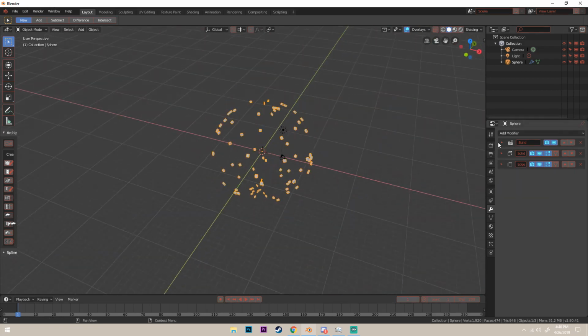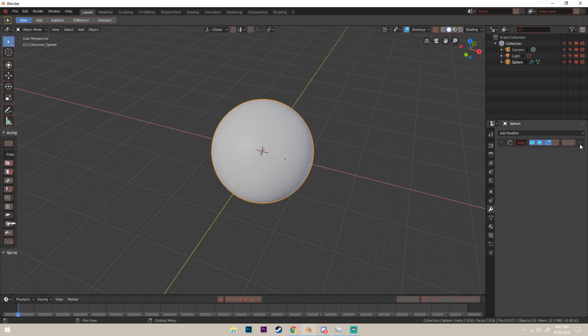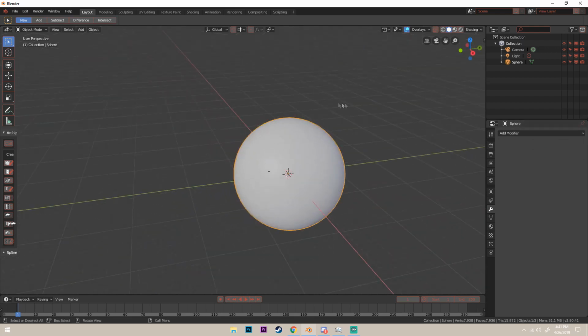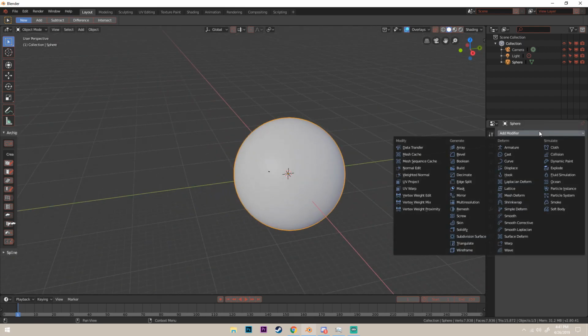Like you can also use modifier stacks, which are just modifiers on top of each other, and in certain orders they do certain things. I'm not going to explain that just because there's like a ton of possibilities you can do with it. But yeah, that's what that does. So any other modifiers that I want to